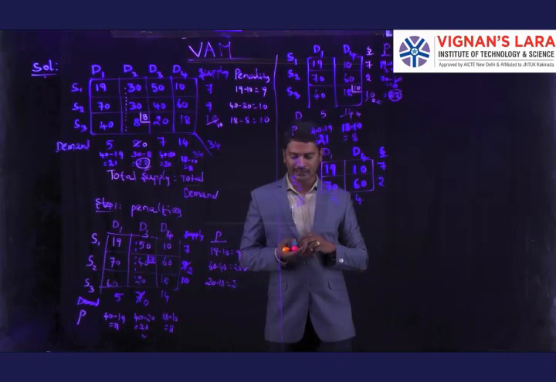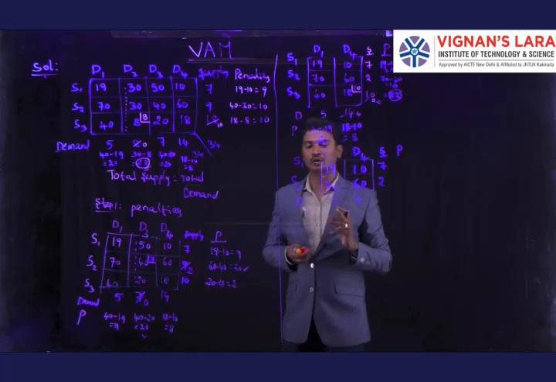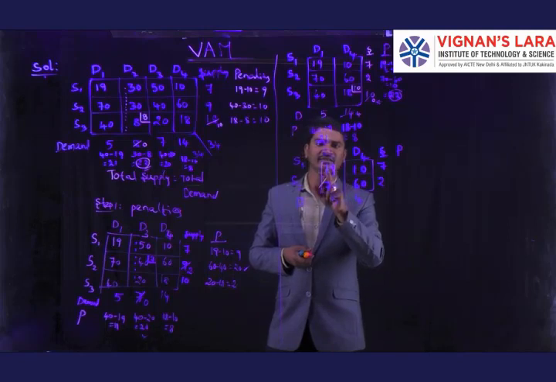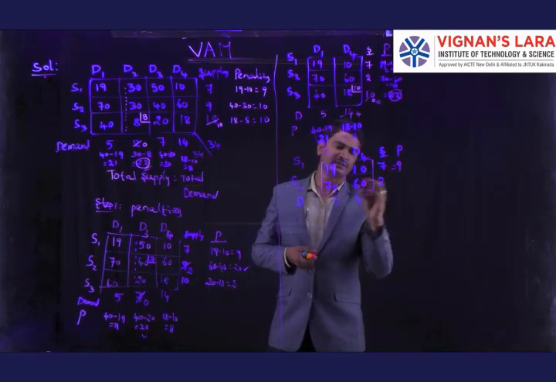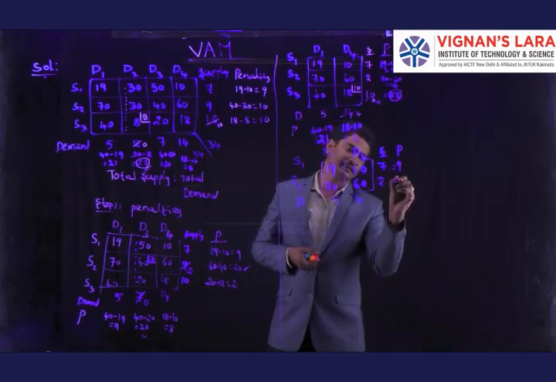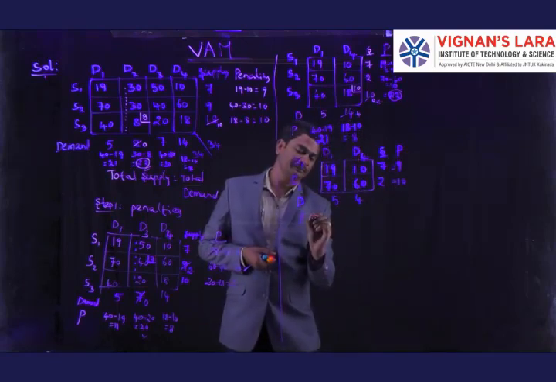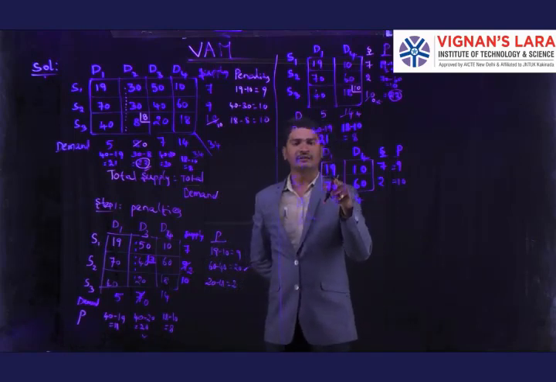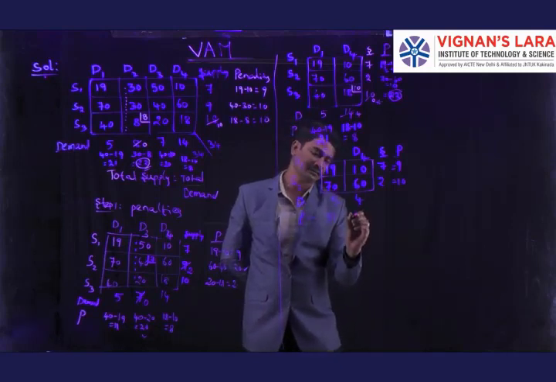Now again we are going to calculate the penalties. Penalties, how are we calculating the penalties? The difference between the two minimum costs. Okay, here we have only 2 costs, so directly we are taking the difference between these 2 costs. 19 minus 10 is 9. Here 70 minus 60, 10. These are the row penalties. Next, coming to the column penalties. Here 70 minus 19, how much? 70 minus 19, 41. Sorry, 51. 51. 60 minus 10, 50.